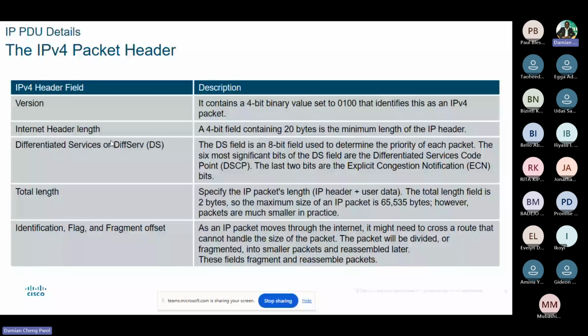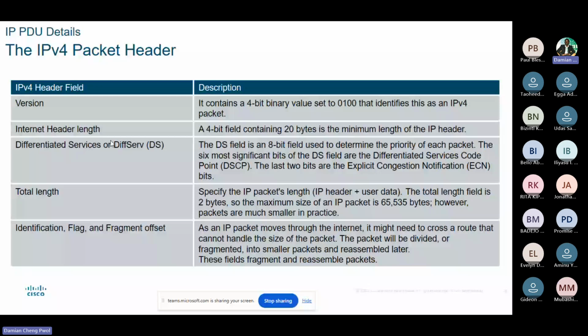Identification, flag, and fragment offset. As an IP packet moves through the internet, it might need to cross a route that cannot handle the size of the packet. So the packet will be divided or fragmented into smaller packets and reassembled later. These fields fragment and reassemble packets. So this is what these particular fields handle. They fragment these packets as they transit over the network. So you can have a full package, but this full package is not what is being sent across. Everything is broken into fragments. Then at the receiving end,